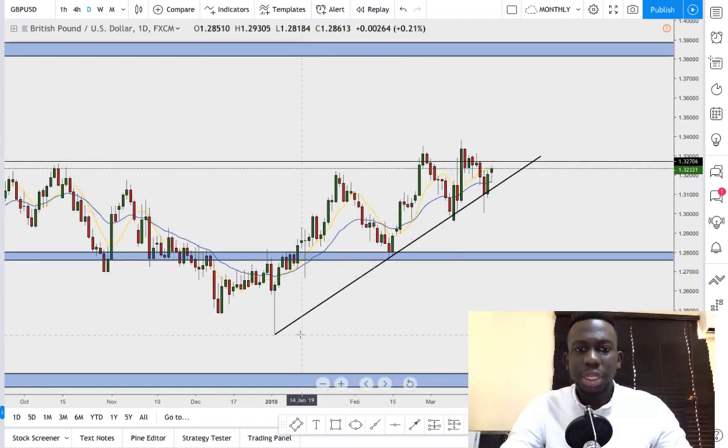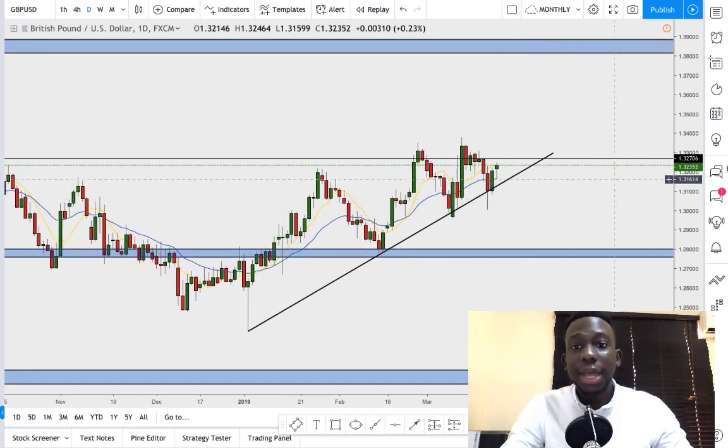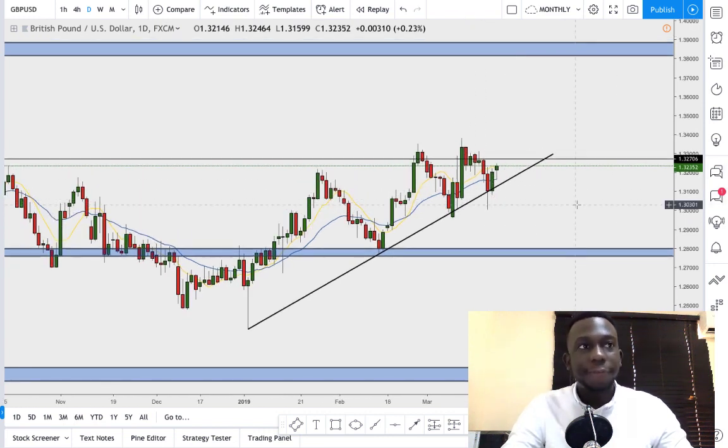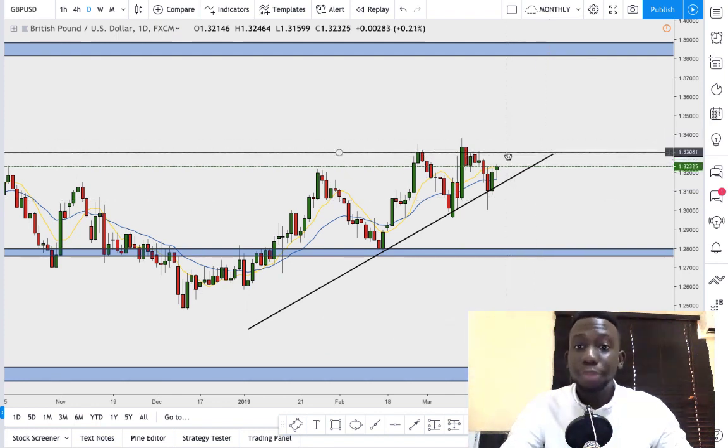Also, as you can see, this really nice trend line, the market has tested it once, twice, a third time. We're currently holding on for dear life. So what can potentially happen is, first case scenario, if we break this level, I'll say that again, if we break 1.3308,